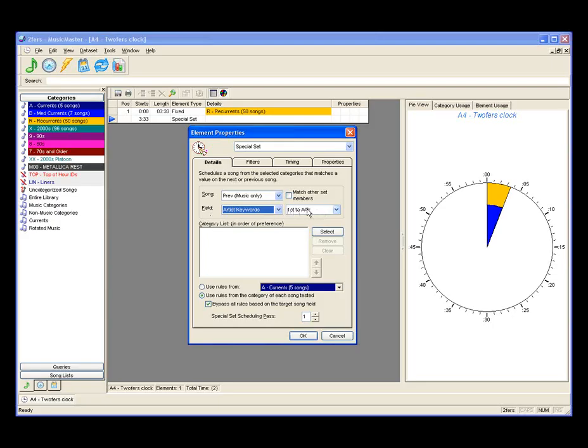The next field is your operator, how you want this to look at things. So right now we're saying first to any, which says the first keyword on the song scheduled has to match any keyword on the special set position. There's a handful of different operators within here too. We can do a first to first match, where the first keyword on the song already scheduled has to match the first keyword on the song we're scheduling via the special set. Or we can do any to first,